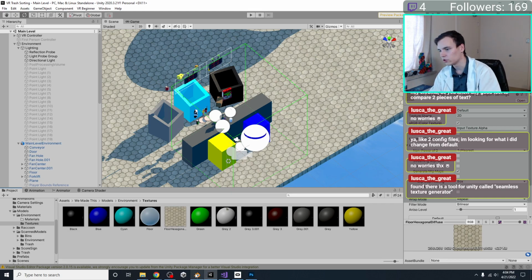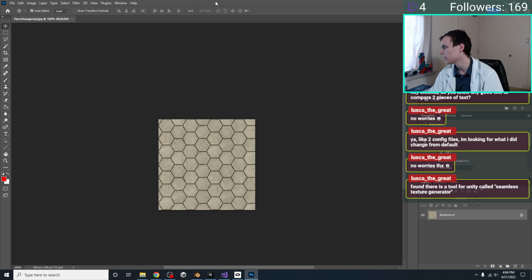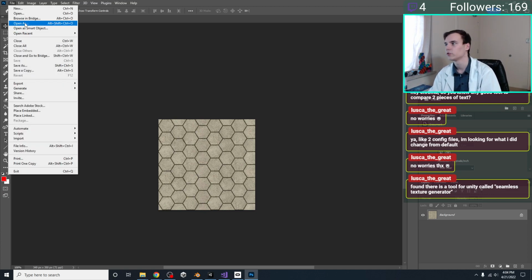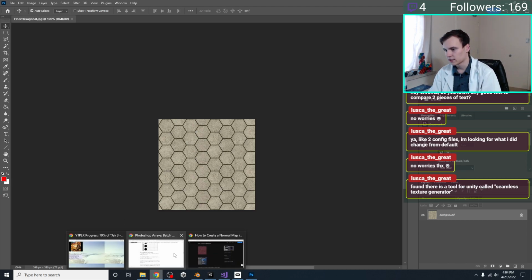Diffuse, because diffuse is usually the color information. Also albedo color, different terms. Yeah. So I need to actually look at this